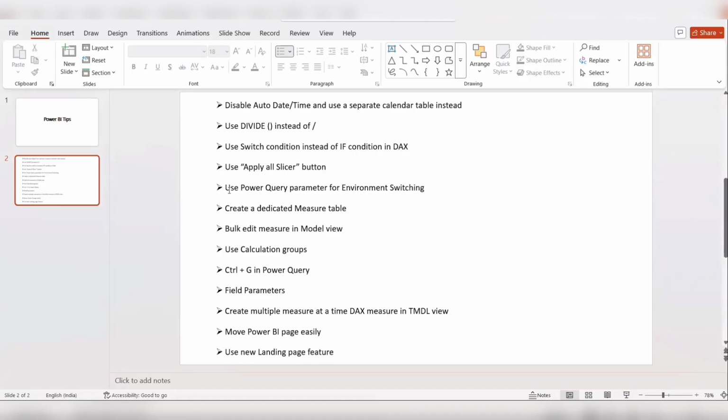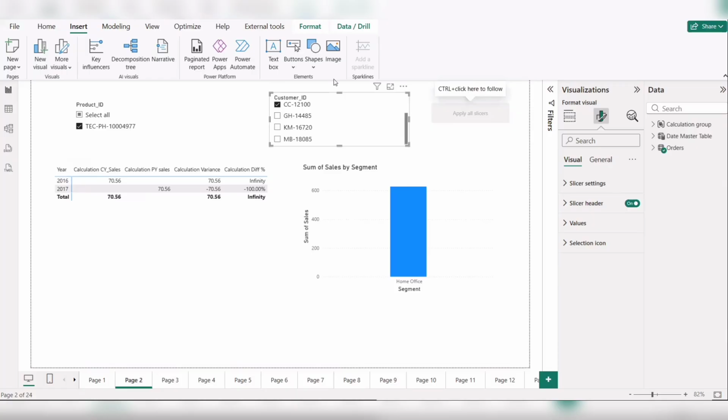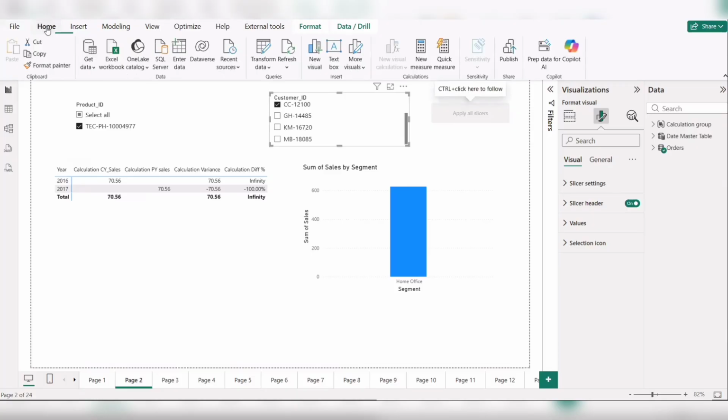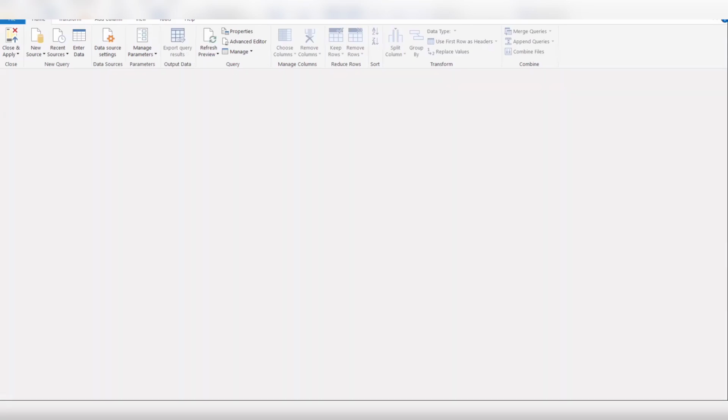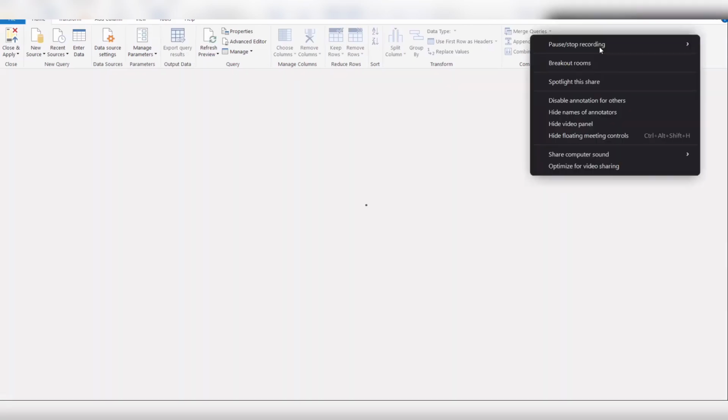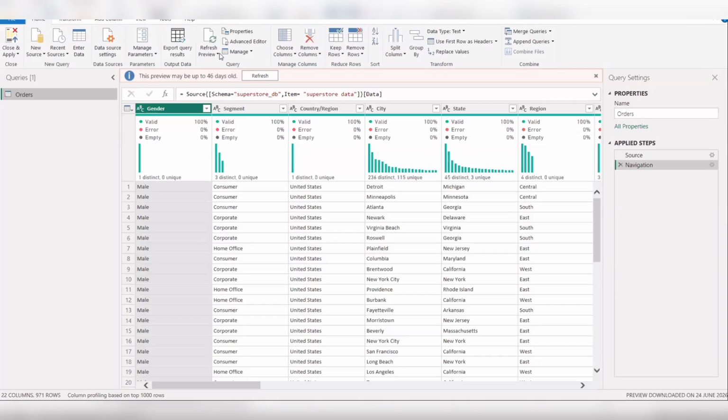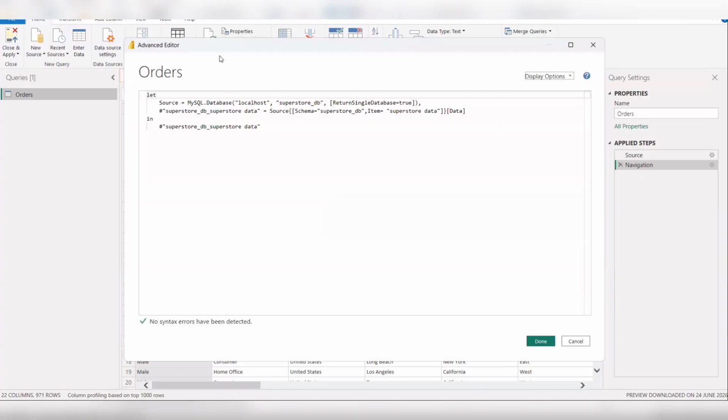Then, use a Power Query parameter for environment switching. Whenever we are importing data, the data looks like this in Power Query. If we go to the Advanced Editor, it shows from which data source we have imported, and the database and table names, everything it will be displaying. But this is not the optimized way